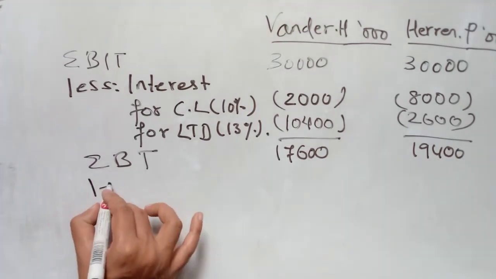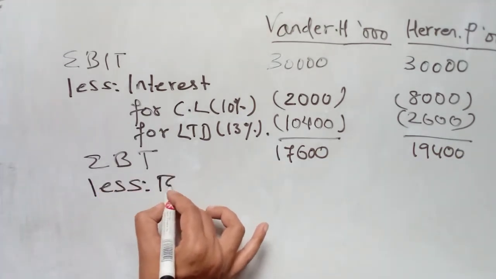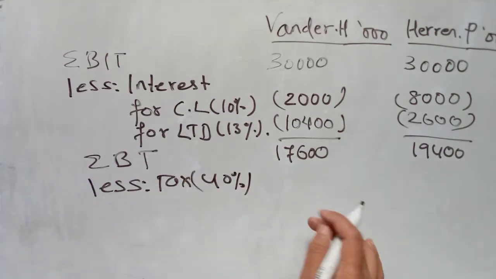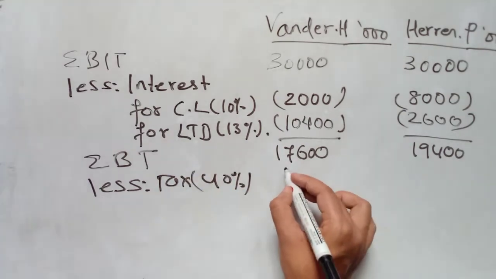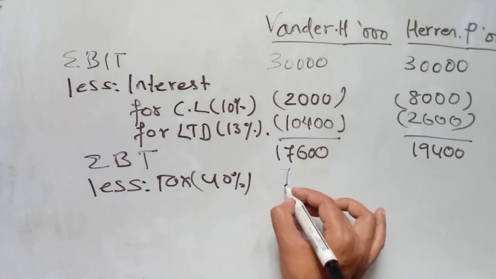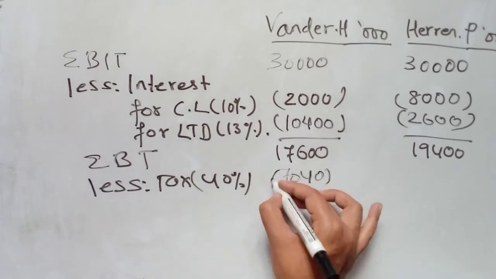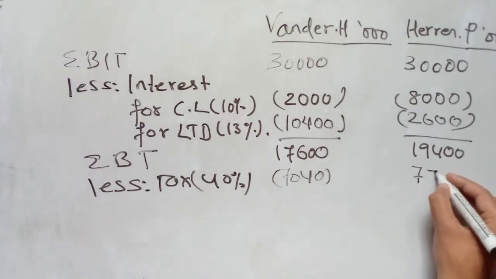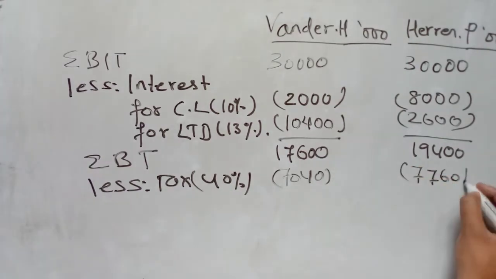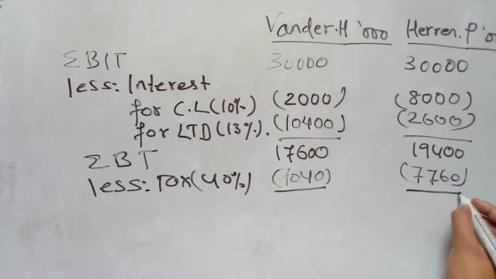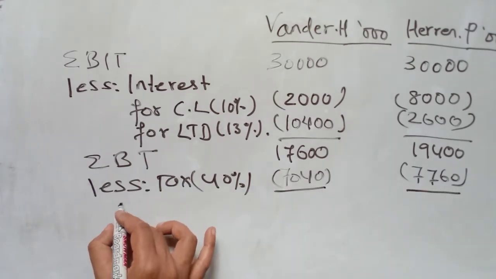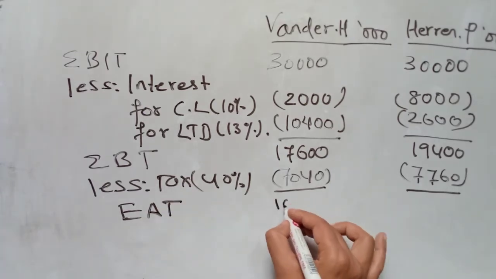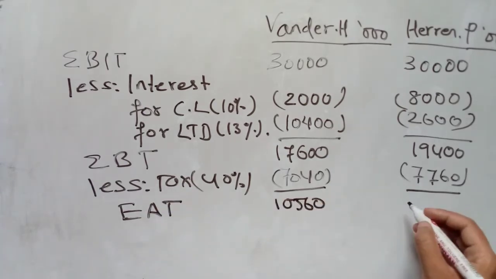Now let's deduct tax, which is 40%. 40% of 17,600 is 7,040, while in case of 19,400 it is 7,760. So what we get now is earning after tax, which is 10,560 and